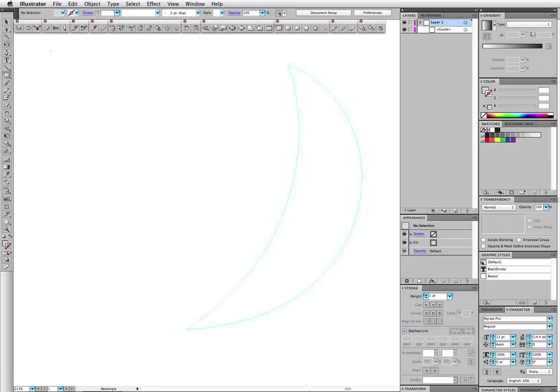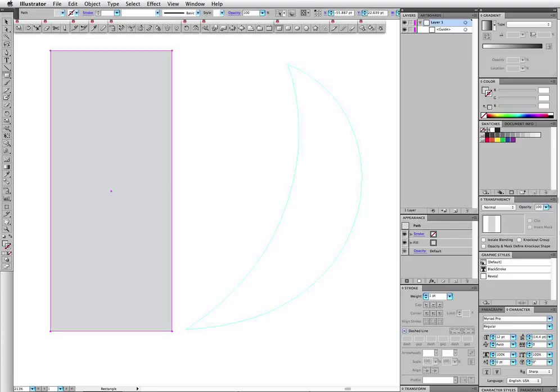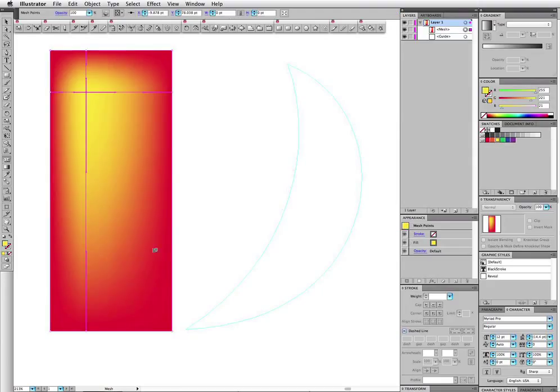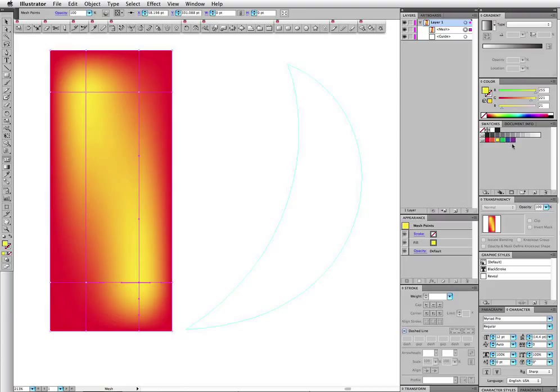But what I'm going to do over here to the side is create a gradient. Well, instead of creating a gradient, we'll create a mesh directly. And I'm hitting the U key to get my mesh tool, and then I will click and then choose a new color and click again, choose another color,